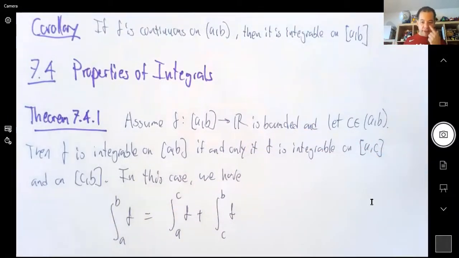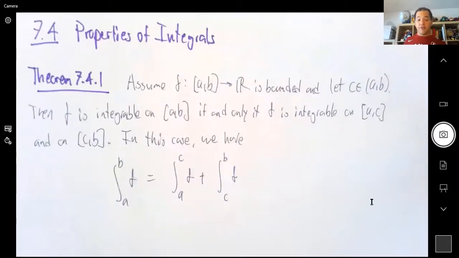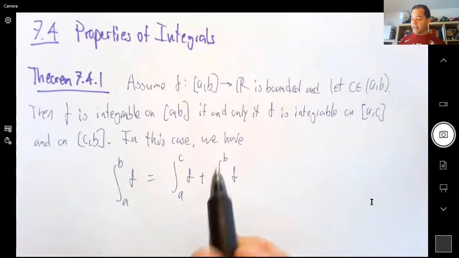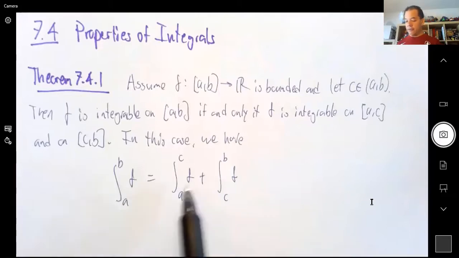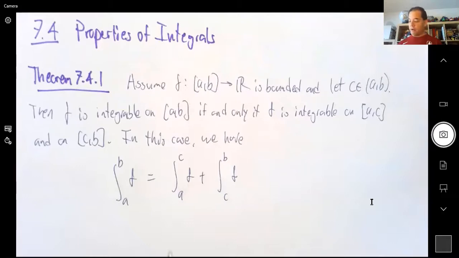A property that you're all familiar with. And this just tells you that as long as each one of these integrals exists, then you can always do this. You can always divide this integral into the sum of these two other ones, right? So this, together with the previous corollary, would show you that finitely many discontinuities are fine, because what do you do? You take your